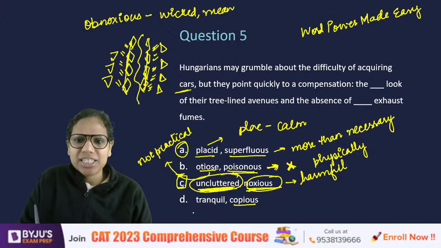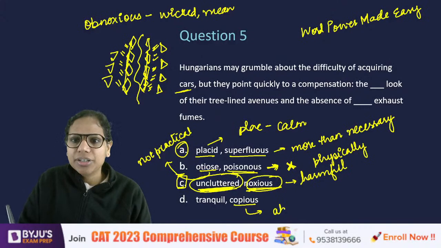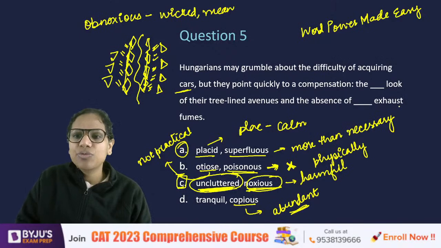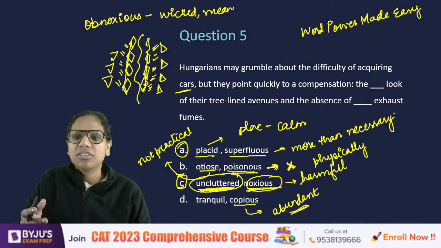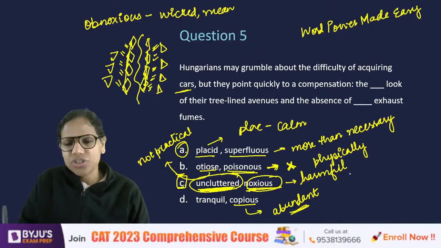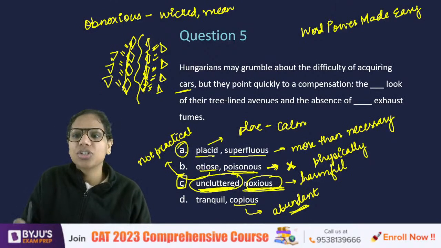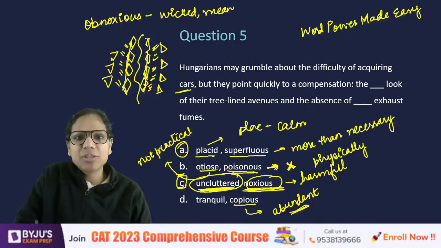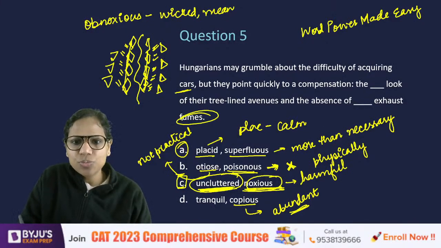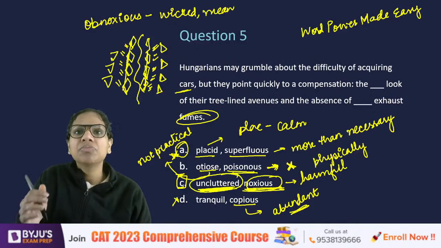Let's narrow down to A and C. Copious means abundant, right? Copious is used for something that is abundant. So copious exhaust fumes, you know, when we use the word copious, we use it to mean that we have a lot of something. We can use it positively also, negatively also, but with exhaust fumes, noxious makes better sense rather than copious. Right, so uncluttered makes better sense because of all the clutter that car parking can cause. Noxious makes better sense because of fumes, and that is why when we compare these with A and D, we reject A and D, even though they are not completely incorrect.